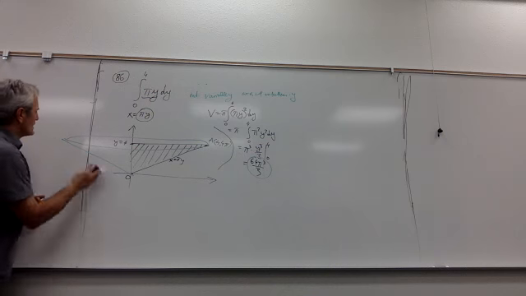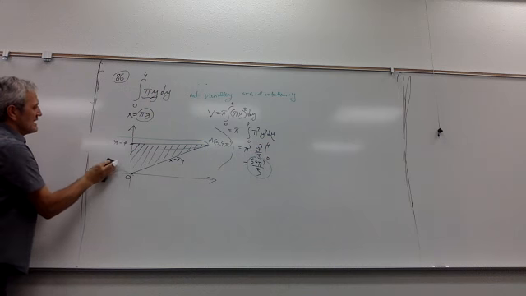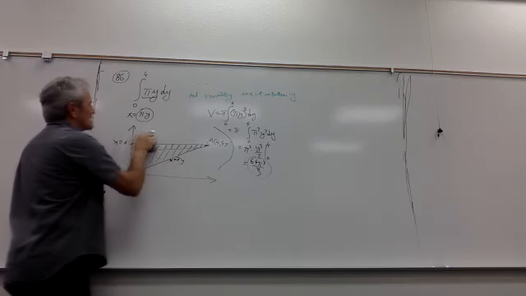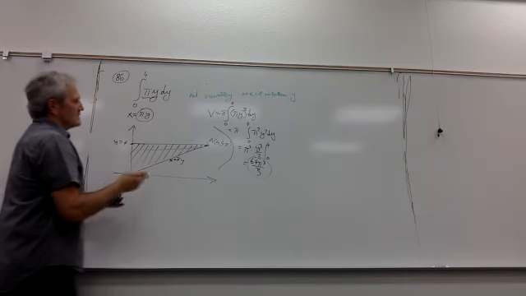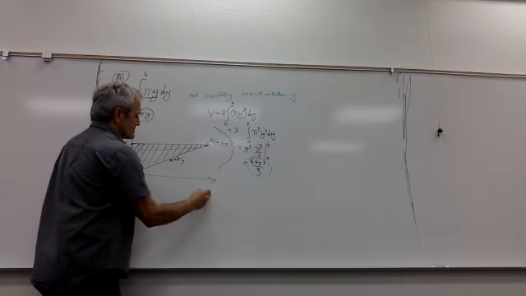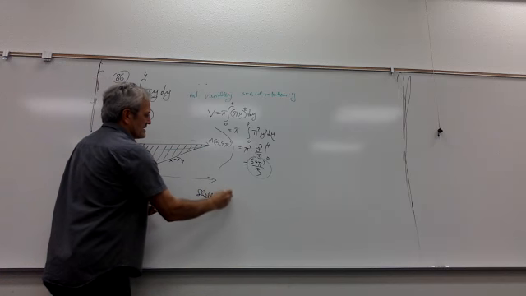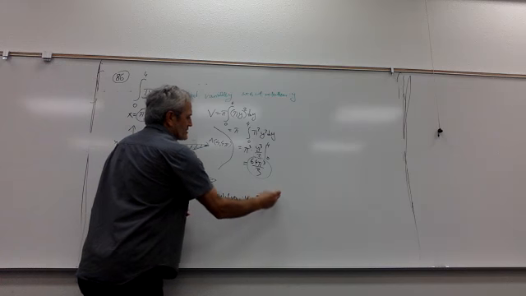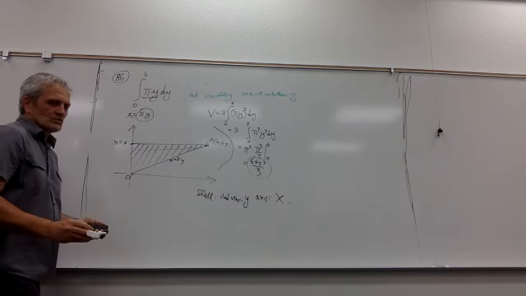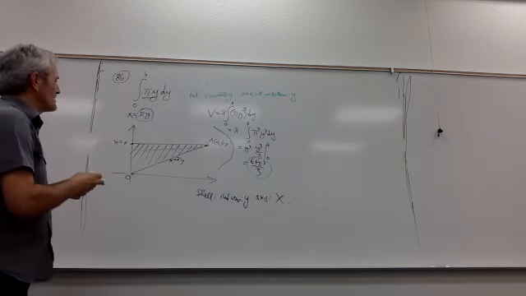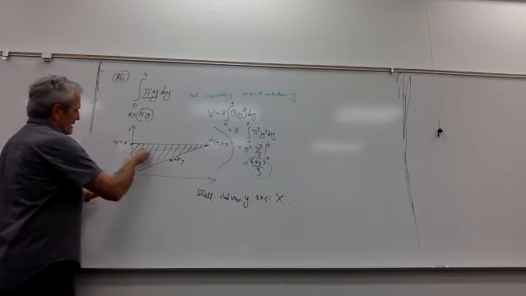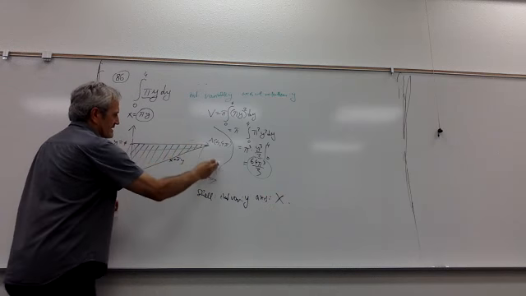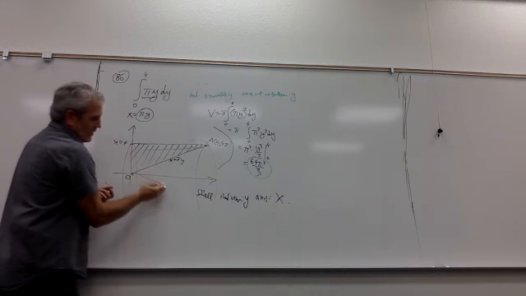Good. Now let me erase this, and now do the shell method. So what will happen in the shell method? Let me write it here. The shell independent variable is still y, but the axis of rotation is x. So you rotate around the other axis. So what will happen? Generally, this will make a cylinder, and this will make a hole.